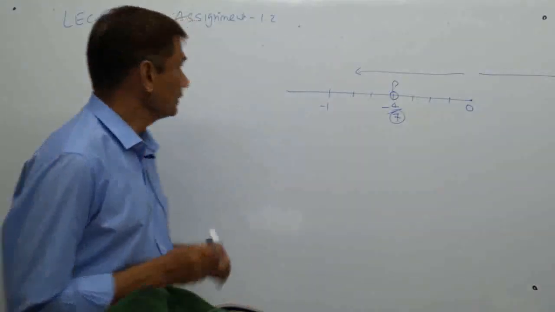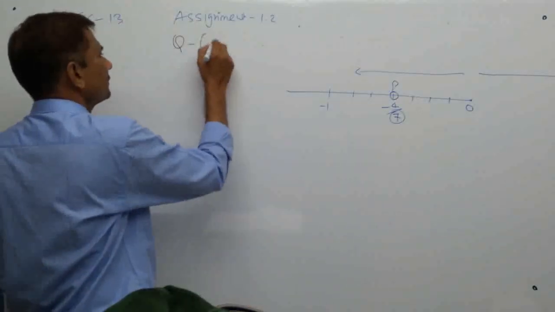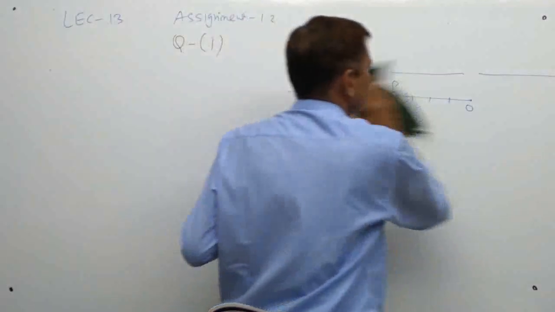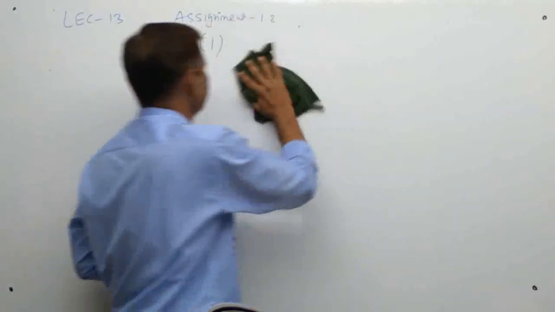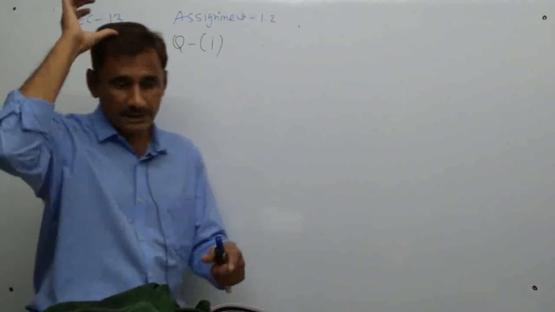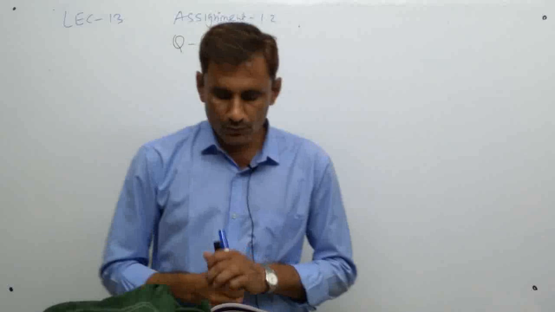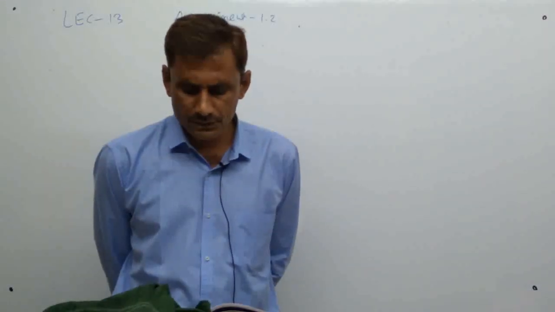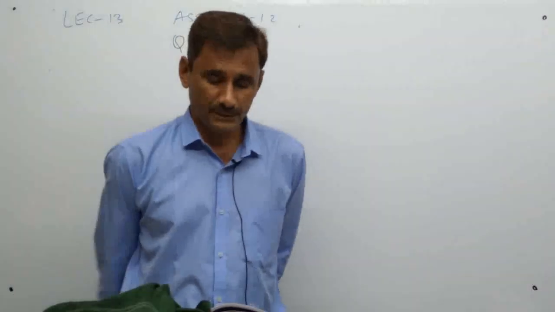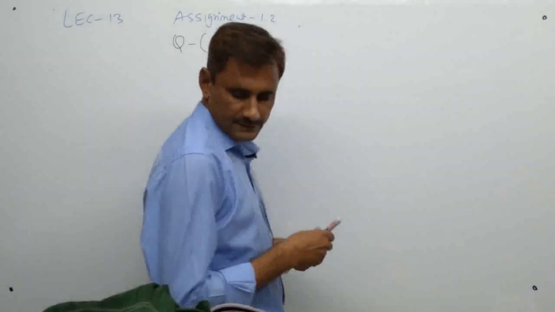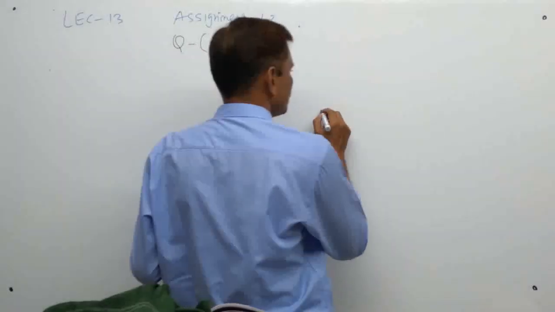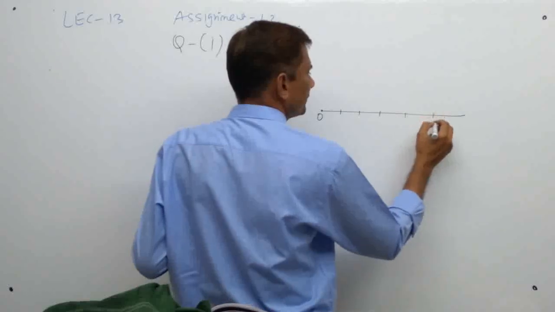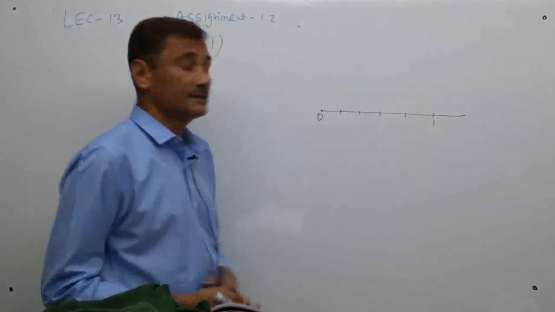Look at sub question number 1. It is an MCQ, just like example number 24. Now look at what they are asking. What is P? Look again, how many gaps are there? 1, 2, 3, 4, 5, total 5 from 0 to 1. At the 5th gap it is 1.